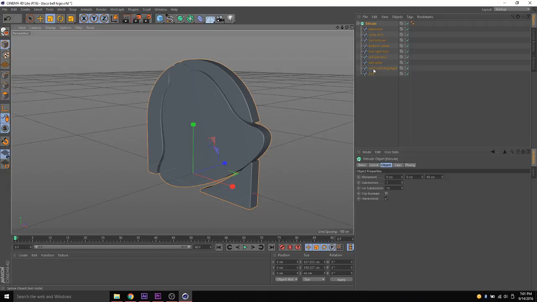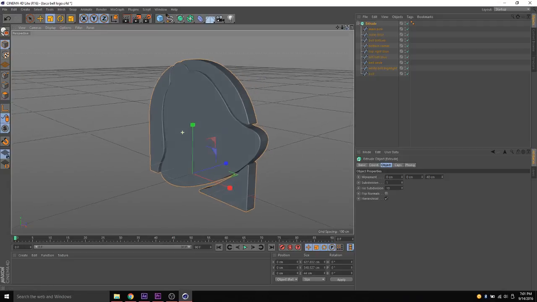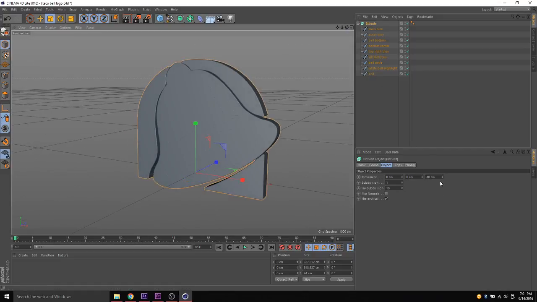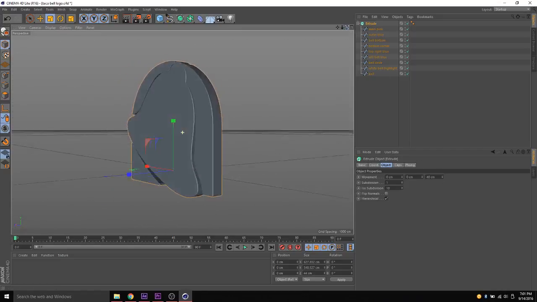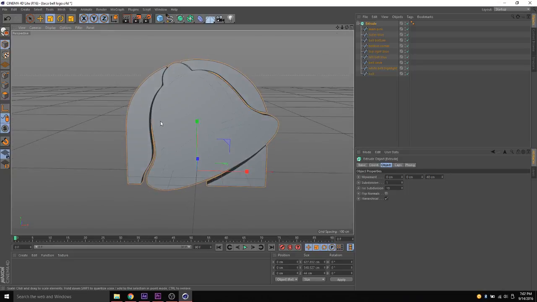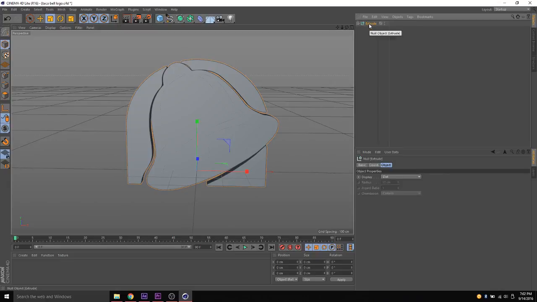You're not going to be able to rename these anymore. So before you make this editable, you want to make sure that all of your splines are named, and your caps are the way you want them, and the thickness is the way you want it. So make sure that that's the case, because once you make it editable, you're not going to be able to go back and change any of that stuff. So I'm going to make sure Extrude is highlighted, and I'm just going to hit C, or this button over here to make editable,